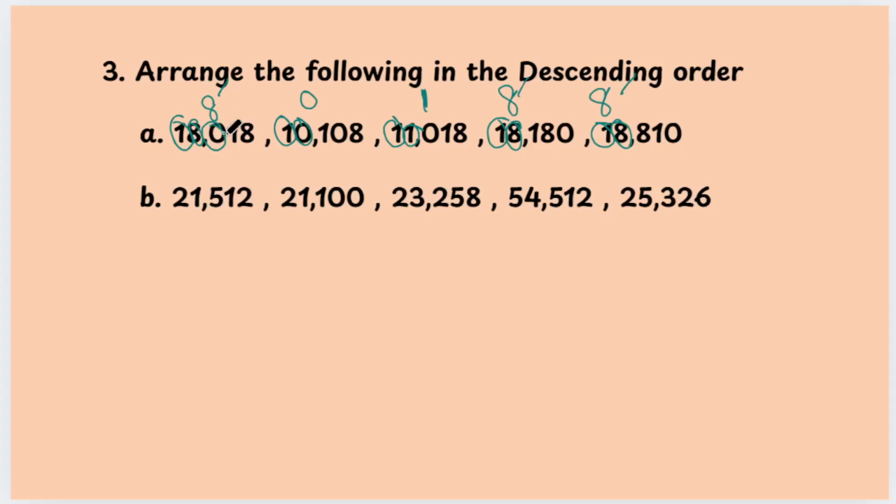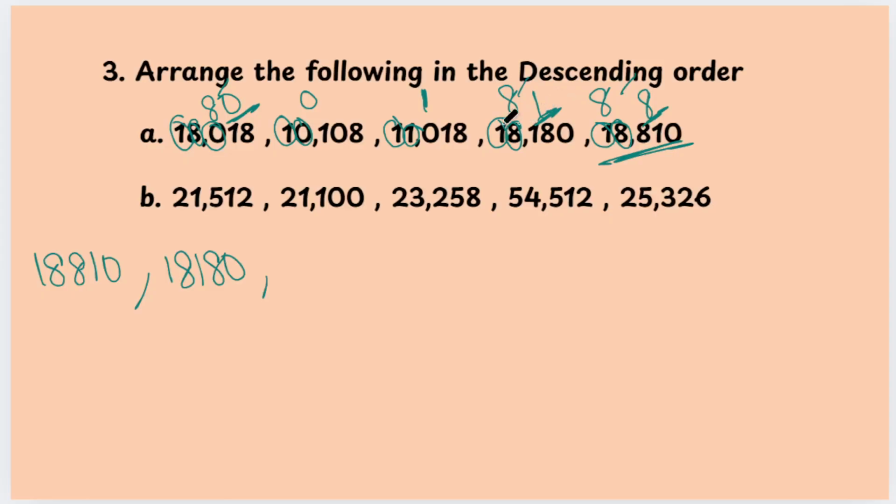What about the third digit? Third digit has 0. Third digit is 0. Here we have 1. Here 8. So can we find it out now? 0, 1, 8. Which is the biggest? This number is the biggest. So write it as 1, 8, 8, 1, 0. Okay. Then after 8, 1 is the biggest. So write it down as 1, 8,